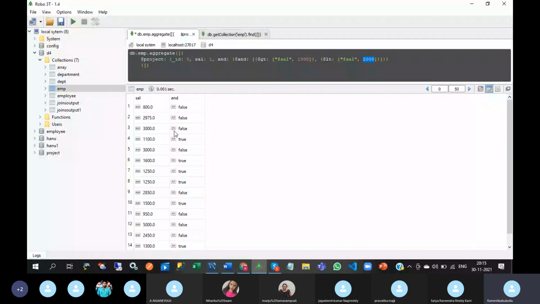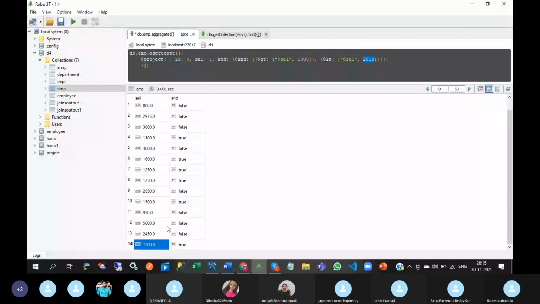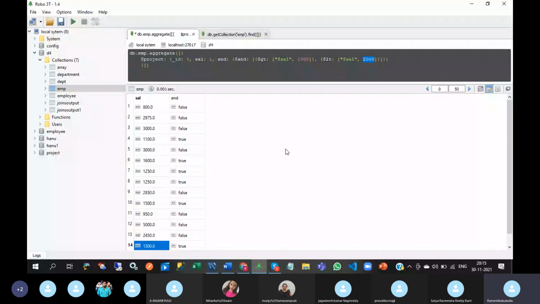The documents whose salary lies between 1000 and 2000 have true. So this one is true. This one is true because their salary lies between 1000 and 2000. So this is about the AND operation.